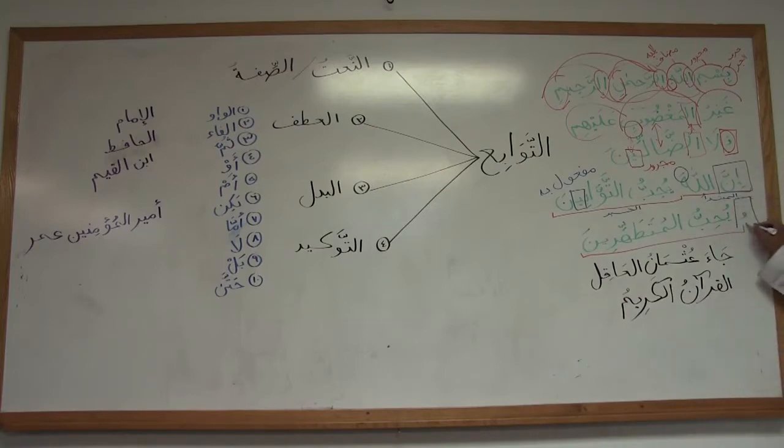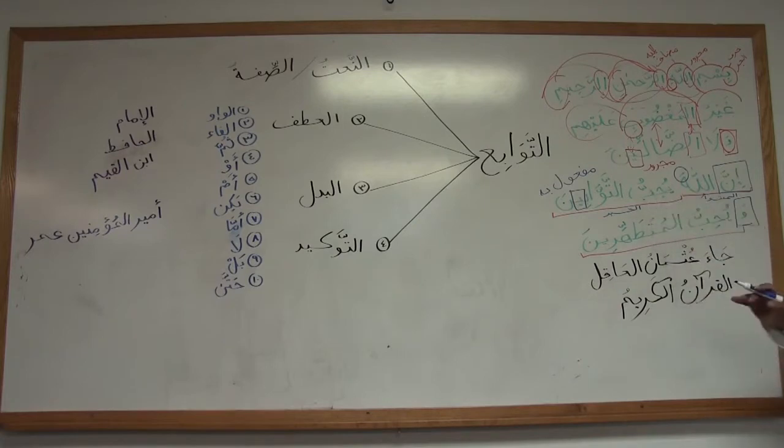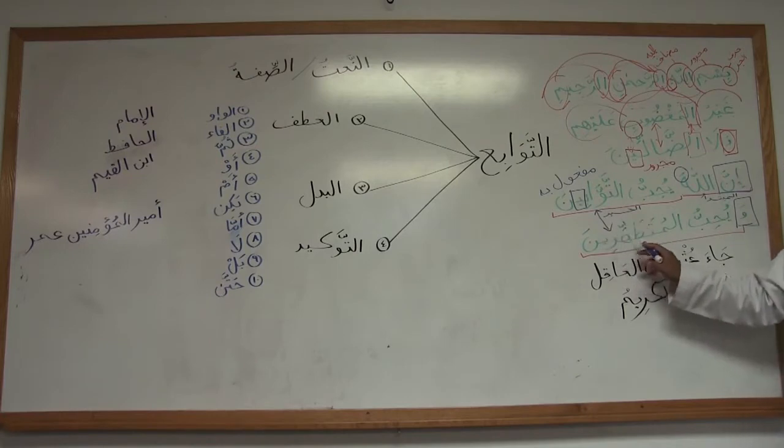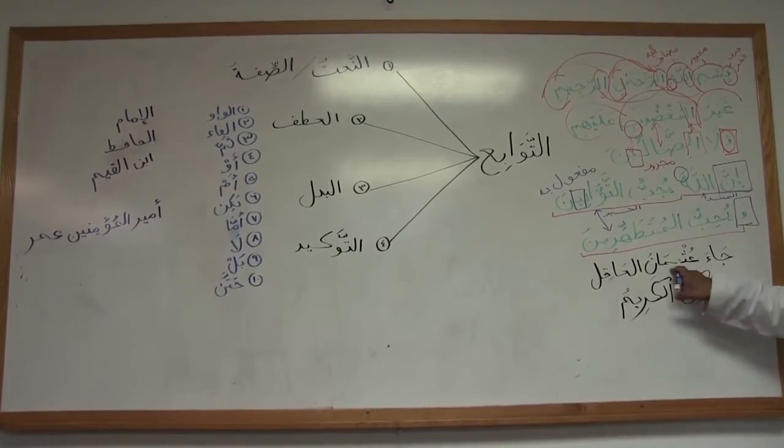Wa yuhibbu al-mutatahhirin. Right? Now here, wow, it joins these as well. And it joins them in i'rab. Now this is maf'ul bihi anyway. But you do see 2 sentences coming together. This is connected to this through the waw. Now, let's look at some easier examples. The Quran is sometimes difficult, that's why I'm going to give you some very easy examples. جاء عثمان العاقل.